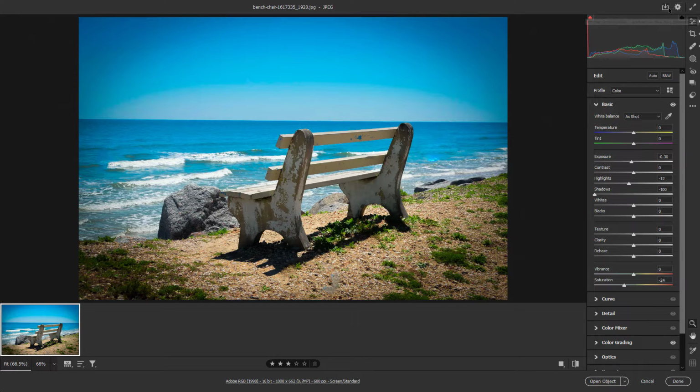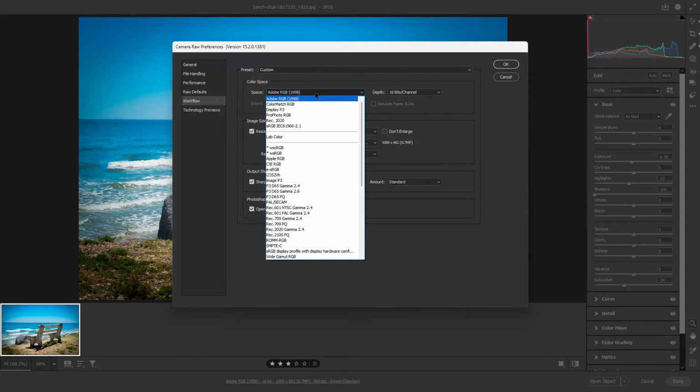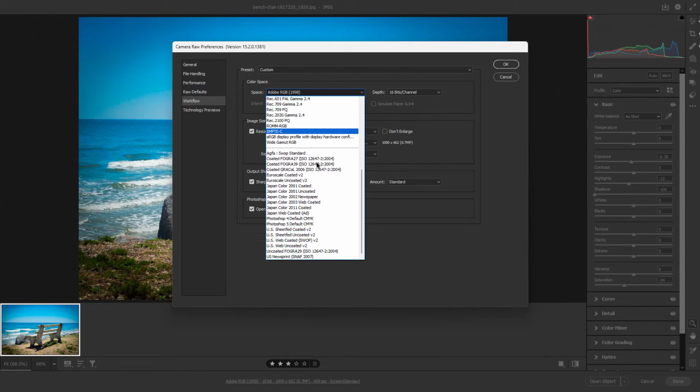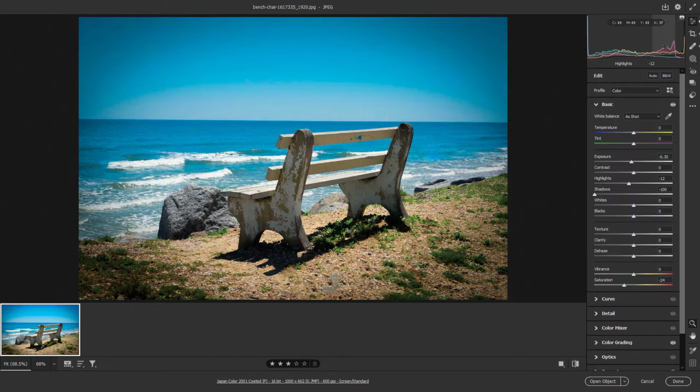To do that, I'm going to click on the gear icon right here. Once you do that, on the workflow, instead of Adobe RGB, let me select some CMYK color right here. Once you do that, you can see that the color space is CMYK, and you can see a printer icon right here. It means if I were to click it, then you can see the areas where you will lose